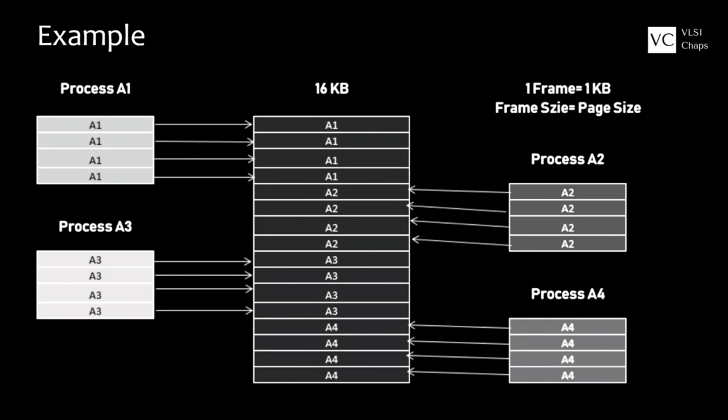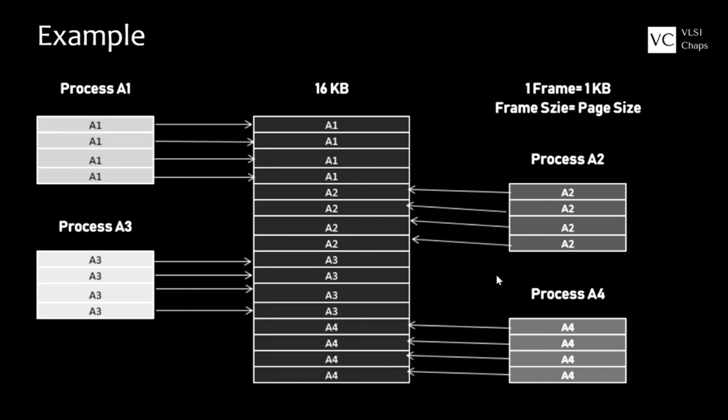So let's say I have a memory of 16 kilobytes and each memory is divided into 1 kilobyte frames each. So here the frame size will be 1 kilobyte. And I have four processes, process A1, A2, A3 and A4. Each process is divided into equal parts which is also 1 kilobyte, and this will be called a page